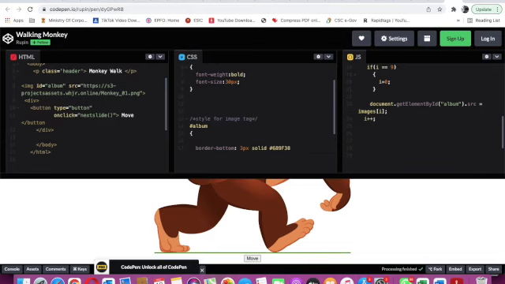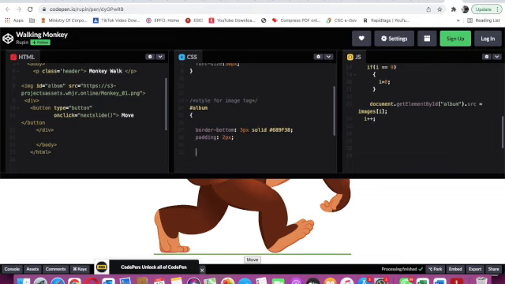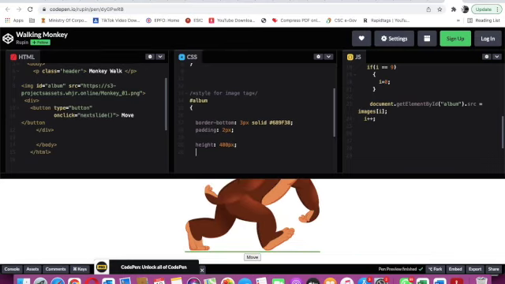Okay. Now I will give enter. Here I will type padding 2px. Okay. Now I will give enter 2 times. Here I will type height 400px. Now I will give enter one more time. I will close my curly bracket.